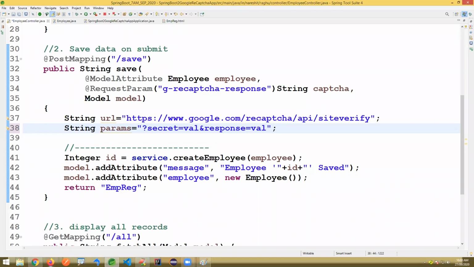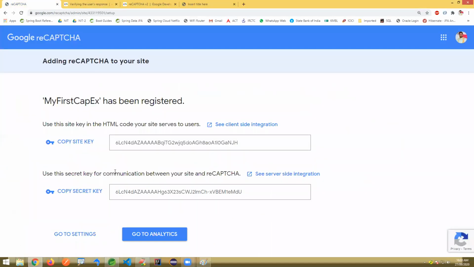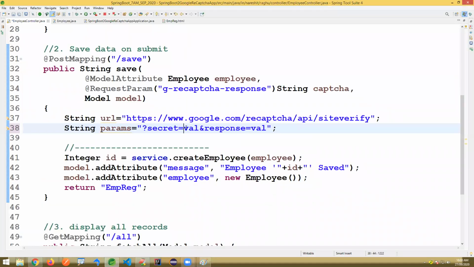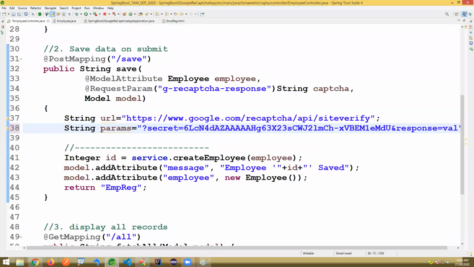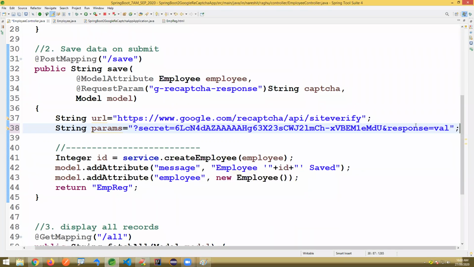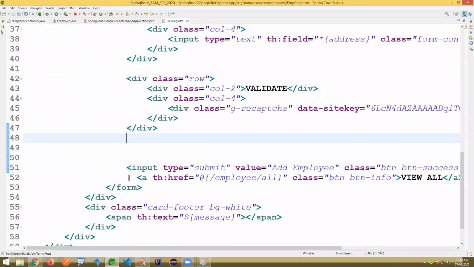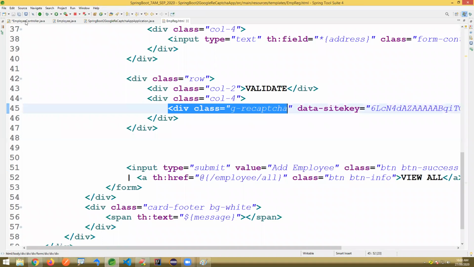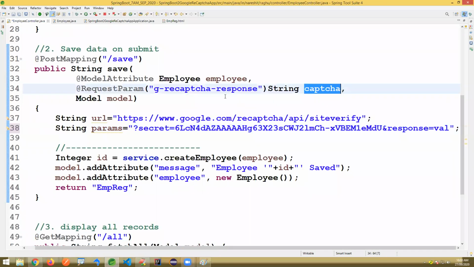How to get the secret? Again, come to the admin console here, copy secret, the second one. In the UI we copied the site key. In the backend, we have to copy the secret. In the place of value, just mention it. Now, what about response? Response is nothing but this captcha. If you just click on I am not robot option here, this div section, the g-recaptcha value will be stored in g-recaptcha-response.